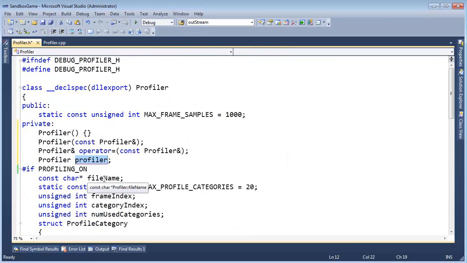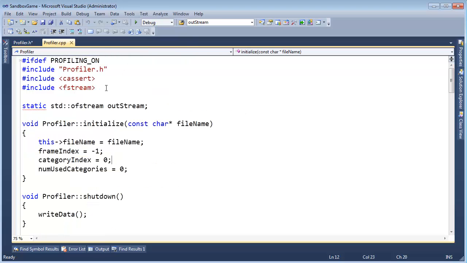So I've declared the instance of our profiler. I need to make it static. That's what the underline is about. The underline's like, hey, you're defining a class in terms of itself. What are you doing? So we've declared it here, but we need to define it, which means give it some room in a compilation unit. The appropriate compilation unit would be profiler.cpp. So I am going to go